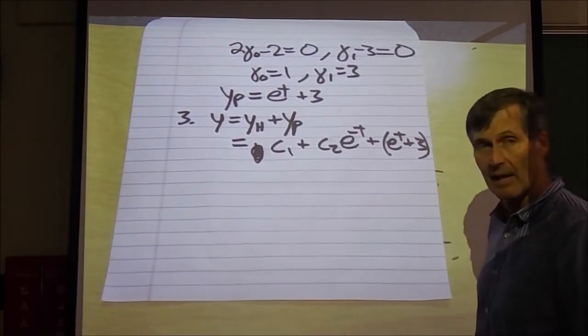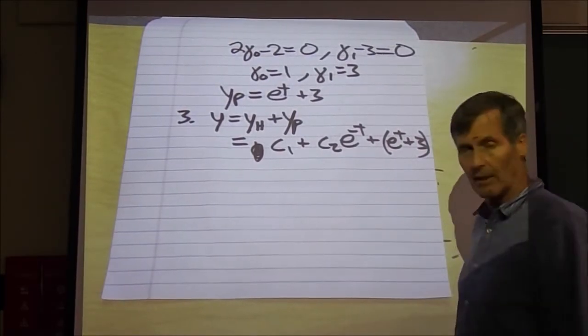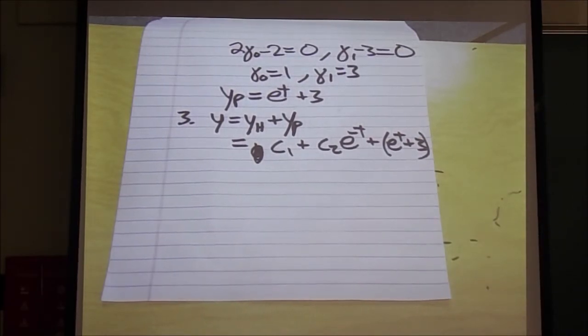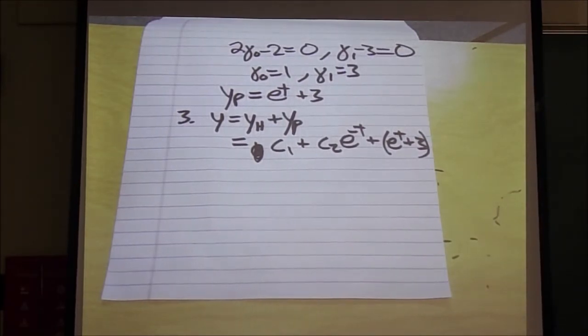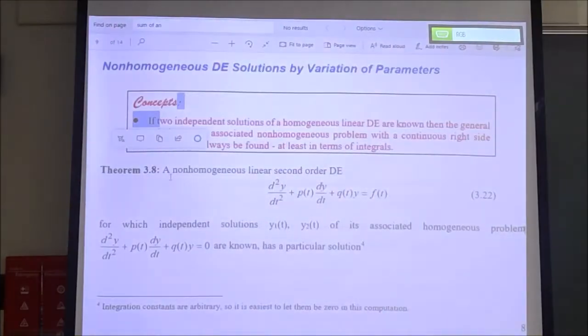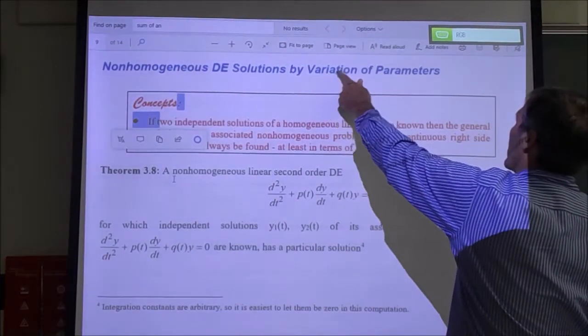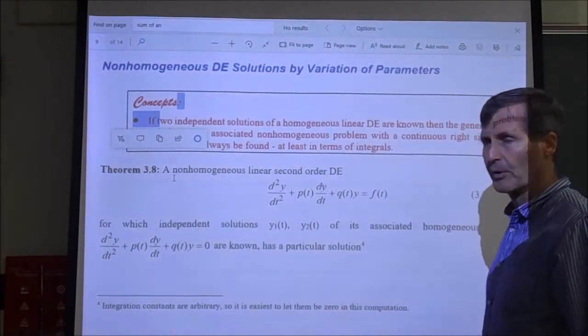Alright, so we did that last time. This is just another example. Now what we want to do is say, what if that doesn't work? What if the right-hand side is not on the table? Or what if the left-hand side does not have constant coefficients in a linear equation? Then we'll try this technique called variation of parameters, and this one gets you a particular solution